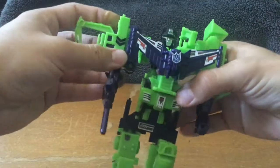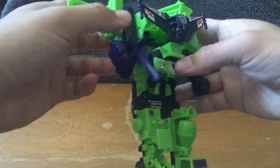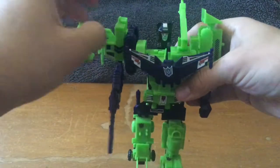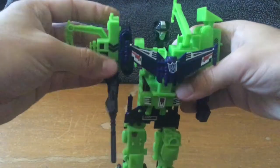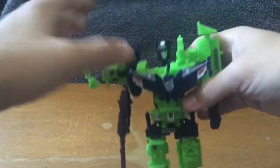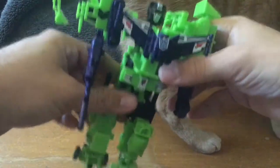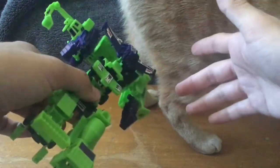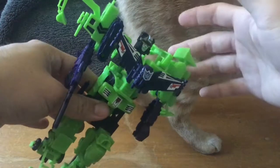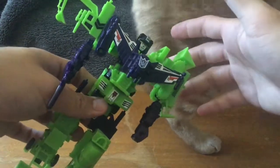If you were to take a look at this guy, he does come with at least one accessory, which is just this blaster gun. And other than that, there's really nothing else except for like this tiny one that was stuck in the side of his head for some reason. But really, other than that, there's nothing worth noticing, except for the fact that he has absolutely no posability whatsoever. I mean, yeah, I know it's a bootleg toy, and most of the G1 toys barely had any posability, but this guy pretty much has nothing. Hell, even